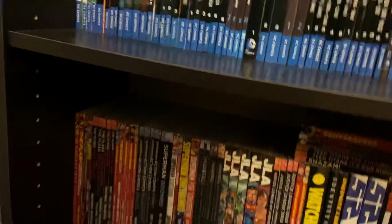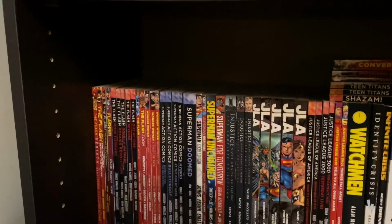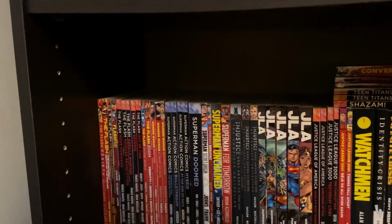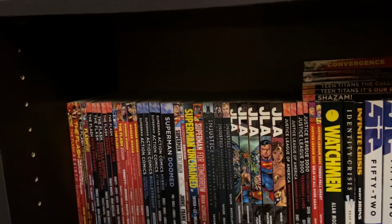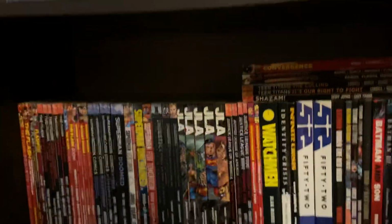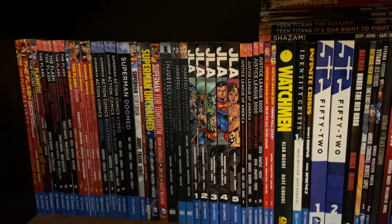Then down here, we have some of the Flash run by Geoff Johns, including Flashpoint, the Flash run by Francis Manapul, Superman Action Comics, Wonder Woman, Superman Doomed, which is the Doomsday story, Superman Unchained by Scott Snyder, not the entire Injustice, just I think the first 3 books,